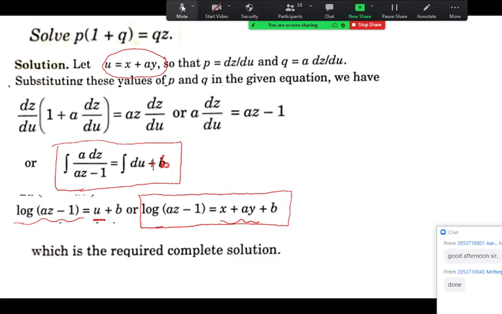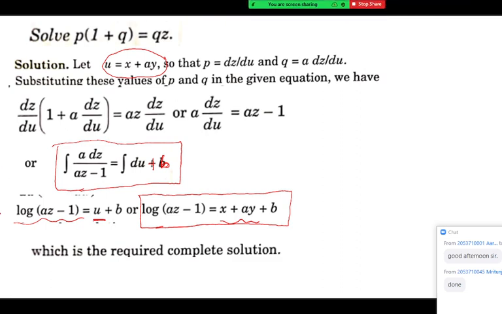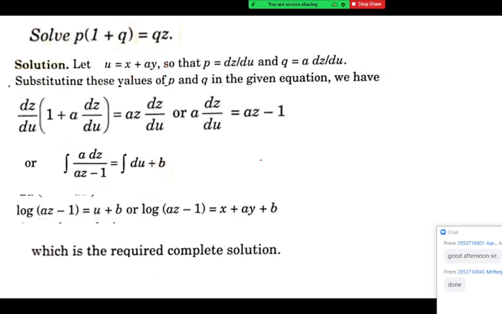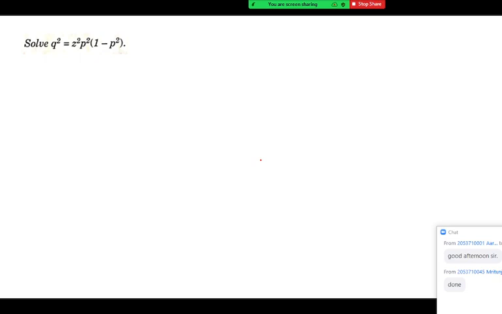So completed. Okay, done. Another question is on the screen: q square is equal to z square p square into 1 minus p square. Only p, q, z are present in the equation, so obviously we can start with let